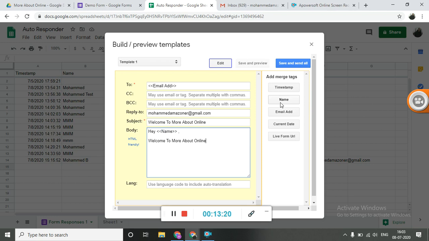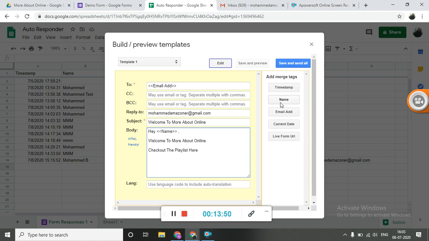Now let's say I want to share a playlist or a link to my website, or I want to share a PDF. Then I can insert a hyperlink over here, and that is the advantage of this application. So what I'm going to do is, welcome to more about online, check out the playlist here.